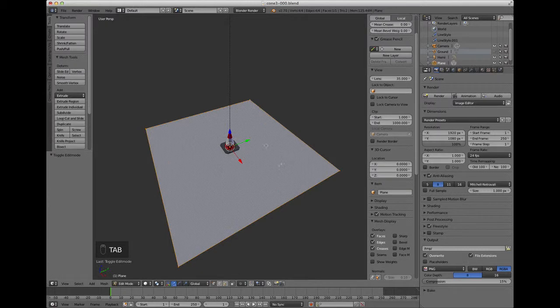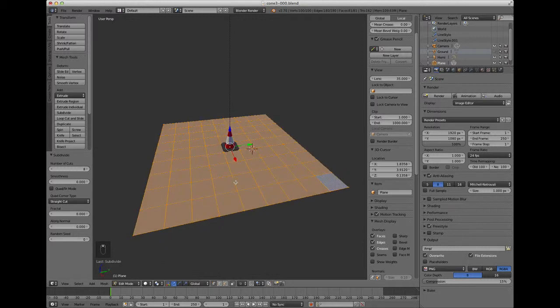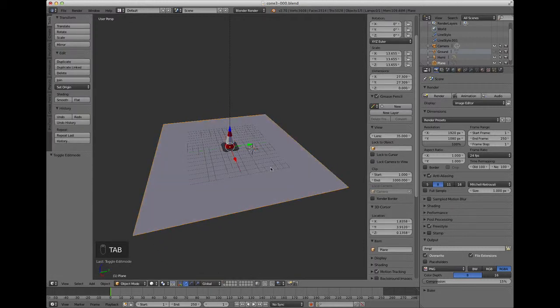Now in edit mode, I'm going to subdivide that such that I have one face for every cone that I want. And 2, 4, 6, 8, 10 on a side, that's 100, that's a bit many. Let's do a little less. Okay, now that I've got a grid, what I do is I parent the cone